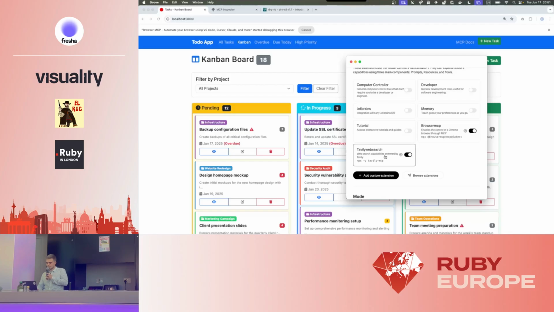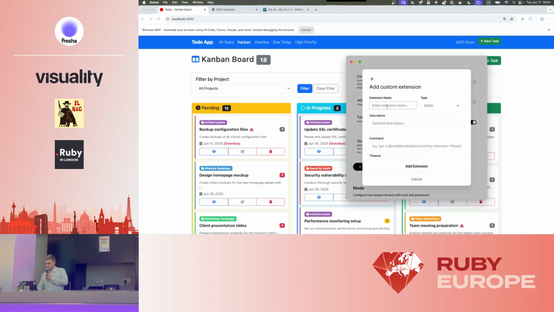I have already two extensions that are configured. One is the Tavily web search, which lets the LLM do some web searches on a query. And one is the browser MCP. This is for a little fancy trick that I will show later. It lets you control your Chrome instance from the LLM. So let's add our server. It runs not over stdio, it runs over server sent events, SSE. And we'll call it to do. And the endpoint is